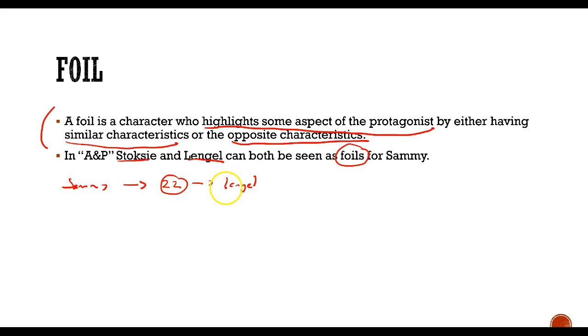And L'Engle is not a very nice guy, right? It says L'Engle's pretty dreary. He teaches Sunday school and the rest, but he doesn't miss much. And actually, when we first hear of L'Engle, he's arguing with a cabbage salesman. And he's very rude to the girls, and we can tell that he's just kind of like a hardened, cranky sort of guy. So in a way, even though John Updike never tells us this, when we look at Stokesy,